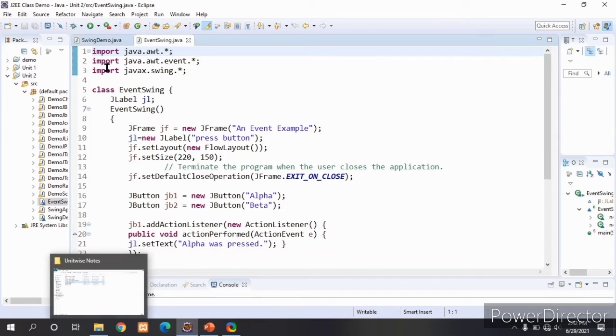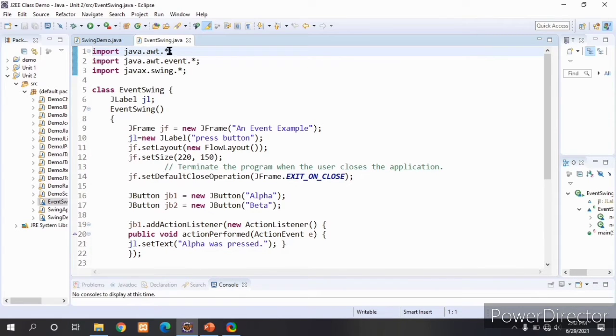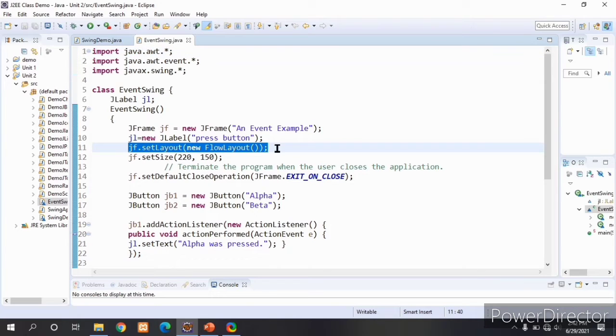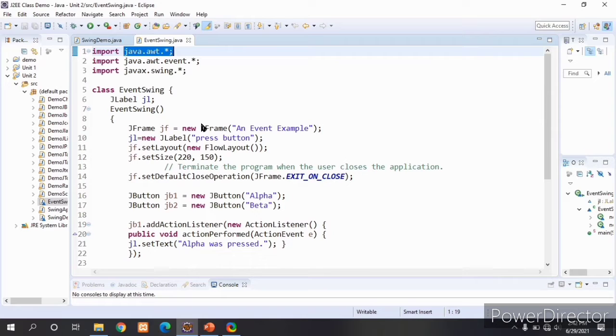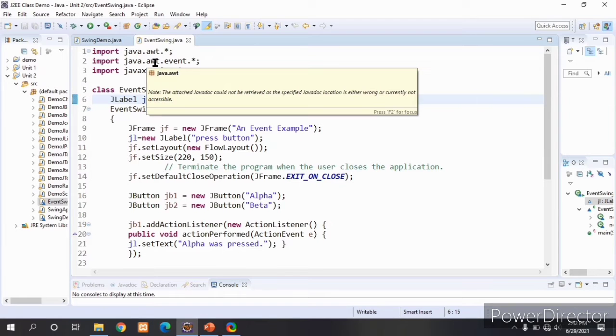Now we are importing the necessary packages. java.awt.*, why? Because we are using the flow layout manager here, which is defined in java.awt.*. So we are importing this package. Next, import java.awt.event.*.